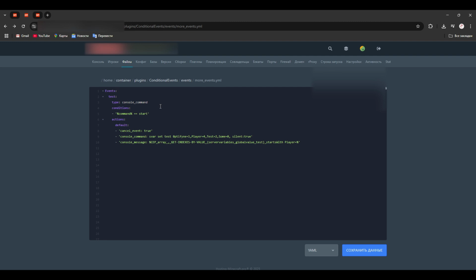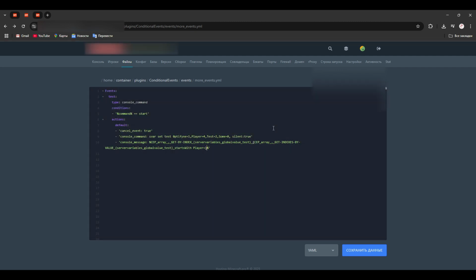Let's do multi-placeholder. It will be again sep array, comma, and here we need to write by index. Then we will need to specify the array itself again, and then index it will be our internal placeholder.